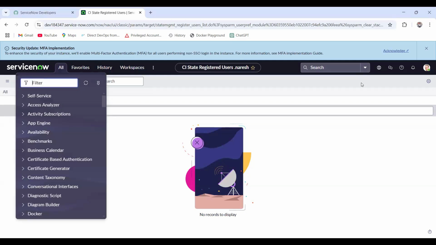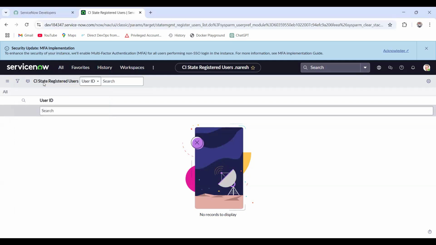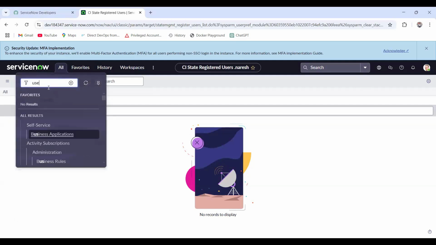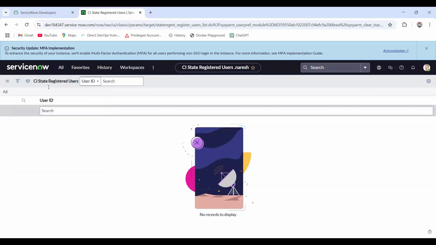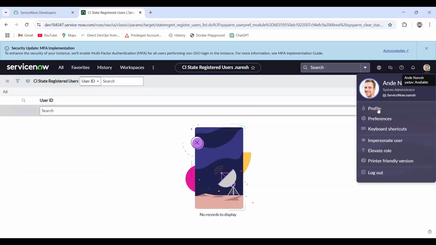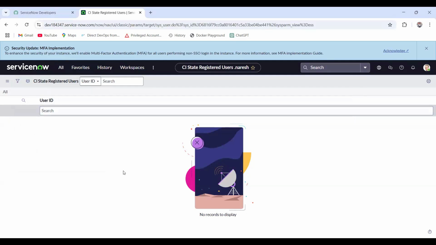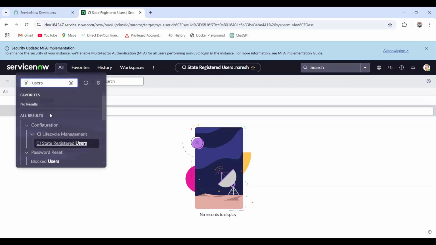No, you are on something else. Just type users. No, users only. I just tried before also. Can you give me the control? Oh, okay, 1 minute. I don't think you are on the user form. You are on CI state registered users. This is completely something you are exploring. So go to All, click on All, okay, type users. Under user,